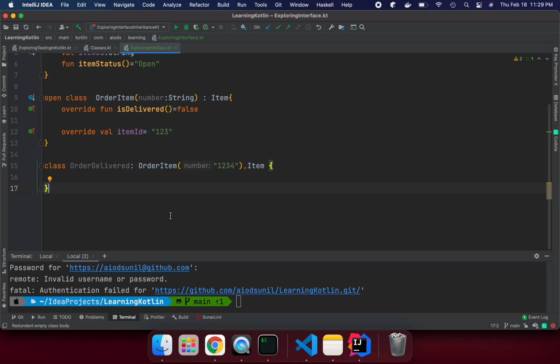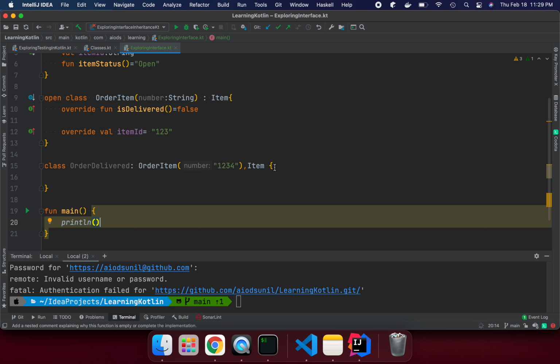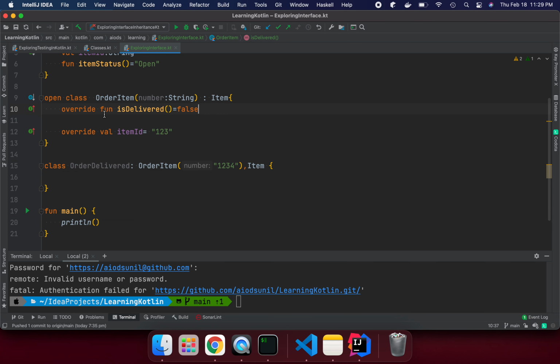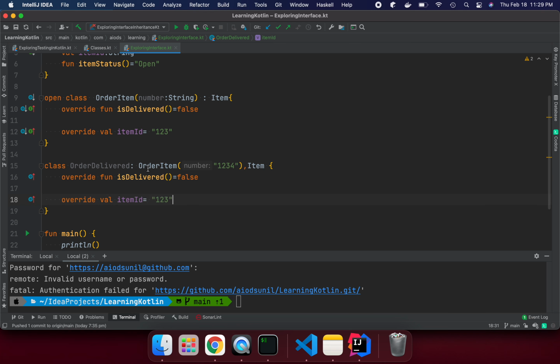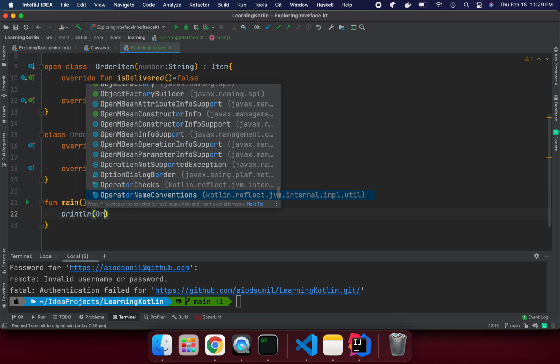And it will work. So suppose we want to call it, here is main, right? I'm going to say call println, and let's override these two values as well. Is delivered true, right? Okay, and we can say this order is 32, item ID is 321. Okay, just reverse, and let's try to print it. I'm going to say order delivered,